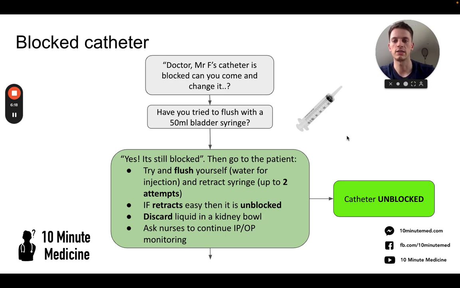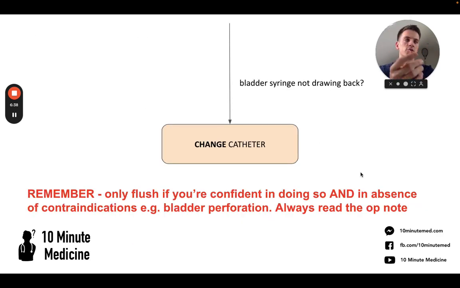If it retracts easily when you're aspirating the water, then the catheter is unblocked, and you might actually see what was blocking it in that aspiration. Then discard that liquid and ask nurses to continue monitoring input-output from there, and your catheter is unblocked. But sometimes the syringe is pulling back, so you're pulling the syringe outwards and it's withdrawing and resisting you,